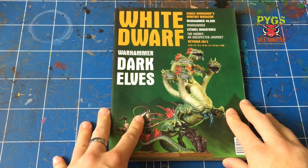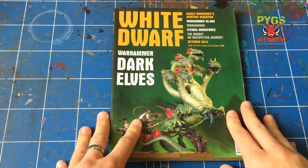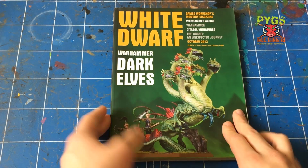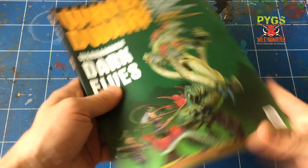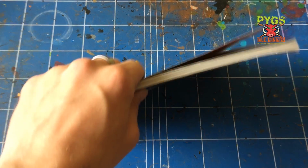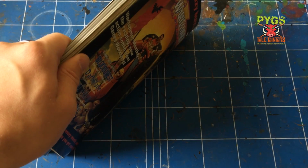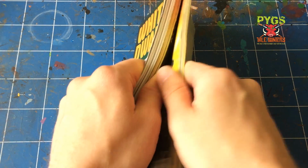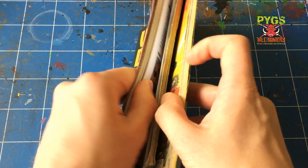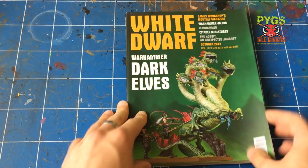this was like the dawn of the new era. This was when Jez Bickham, the current White Dwarf editor, took over and made his mark on the magazine. And we can see it's thick, it's good. It's compared to like the early 2000s and then even the early 90s. It's just so much thicker and better and really good. And